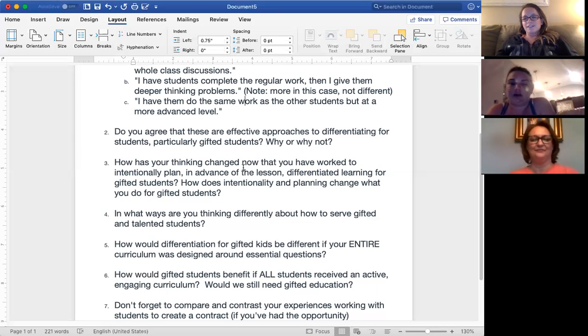I think when you take the time to really sit and think about what you're planning for your students, and the thinking processes that we learned about in chapter, I believe it was 10, of our original textbook that we read for this, just all the different ways to teach them how to think differently.